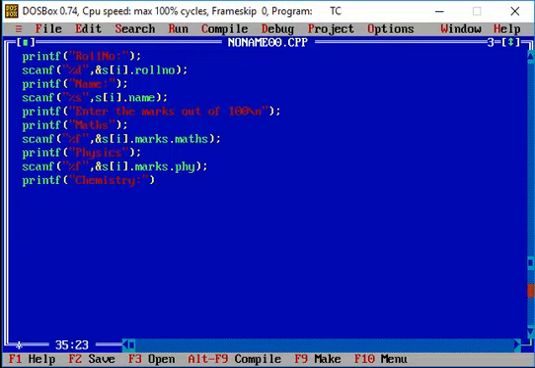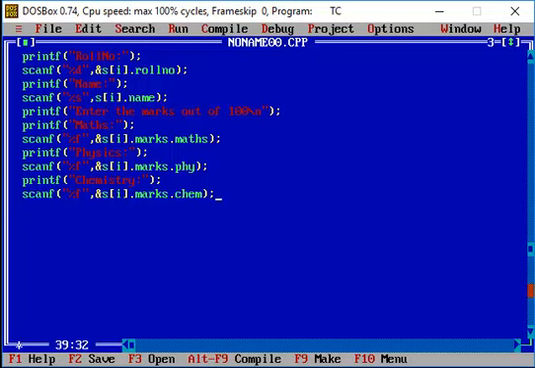The syntax is going to be the same to enter the marks for chemistry. I'm just going to make use of the structure member chemistry that has been defined in the score structure.